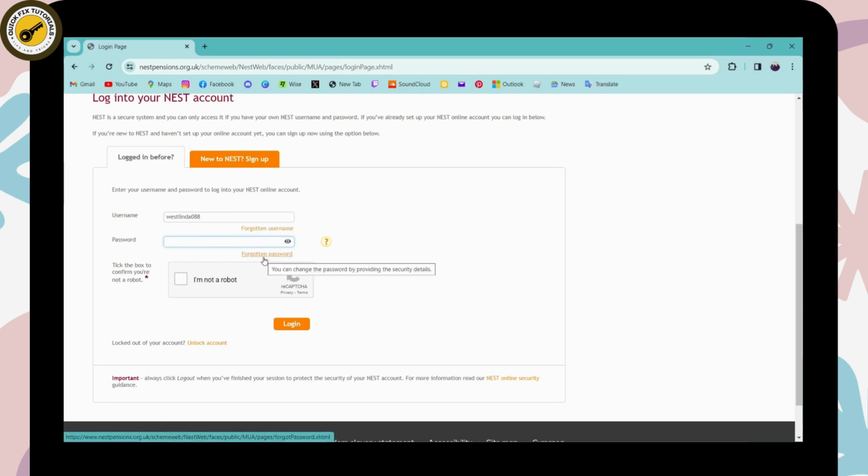But if you already know your password and username, then enter it and then click on I'm not a robot to verify. And after verifying and after entering your username and password, you can click on login. And after clicking on login, if your information is correct, then it will log you into your Nest account. So that's it. That's how you log into your Nest